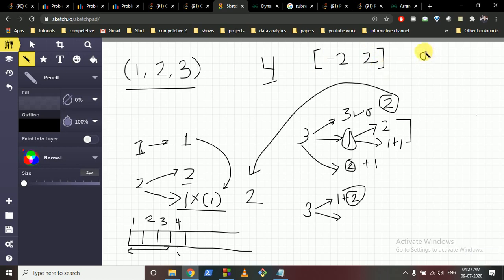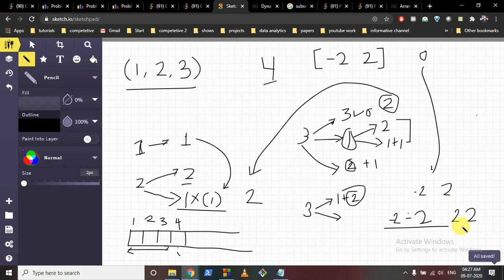Because we can use any number of times, we can form a combination of -2 and 2. Then -2, -2, 2 and 2. This can also be done because we can repeatedly use these numbers, and so on.